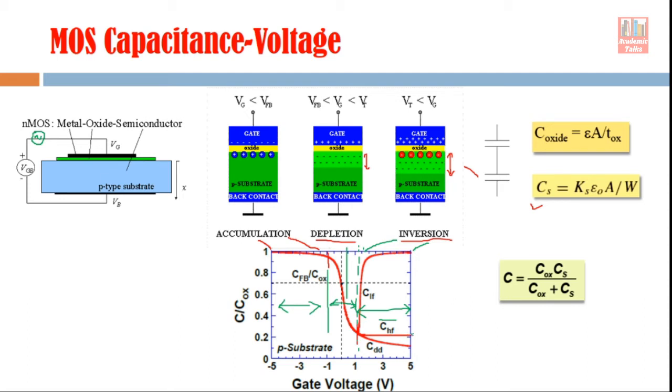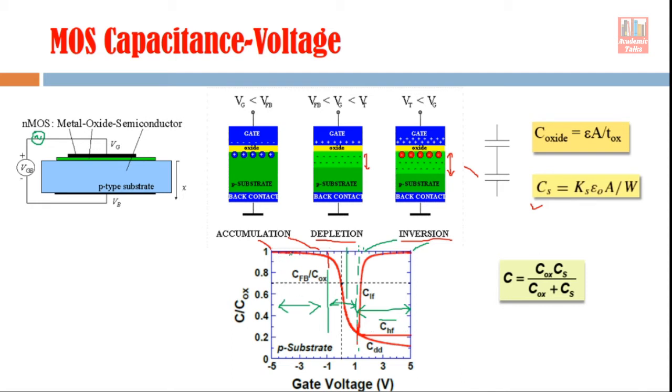So anyway, you have to understand only one thing, that when we change the gate voltage in case of a semiconductor, or in case of a MOS structure, capacitance changes like this. First it is in accumulation region, then it enters into depletion region. When it is in depletion region, capacitance decreases like this, and once we enter into the inversion region, the capacitance stabilizes, provided the frequency of the signal is high, and in most of the cases it happens.